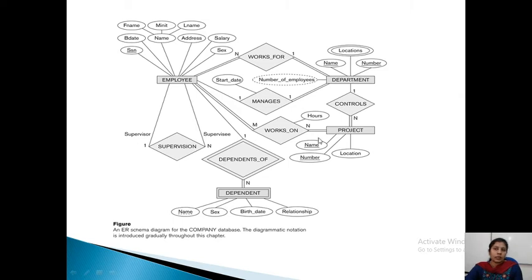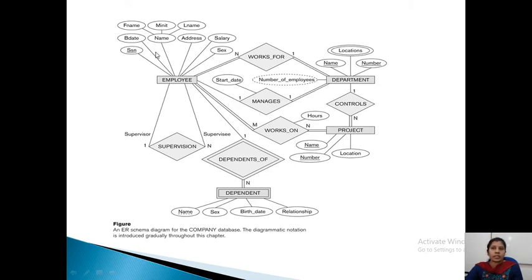That's why many to many. Okay, and then employee has dependent. Then what is the cardinality? An employee can have n number of dependents, but a dependent can be a dependent of one employee. So that's why 1 is to n.